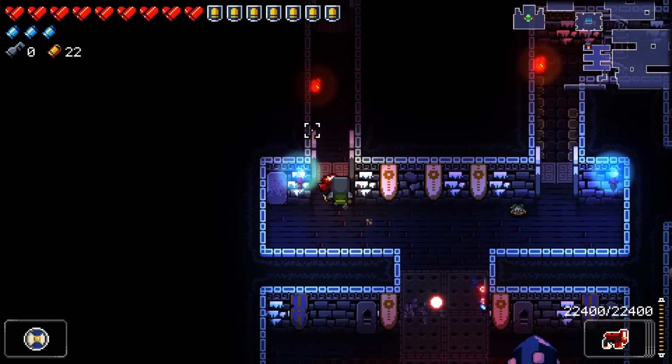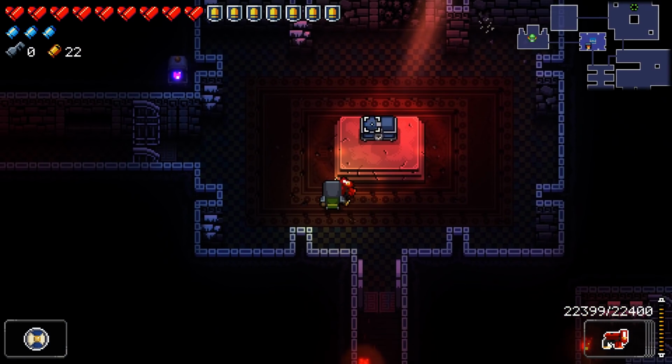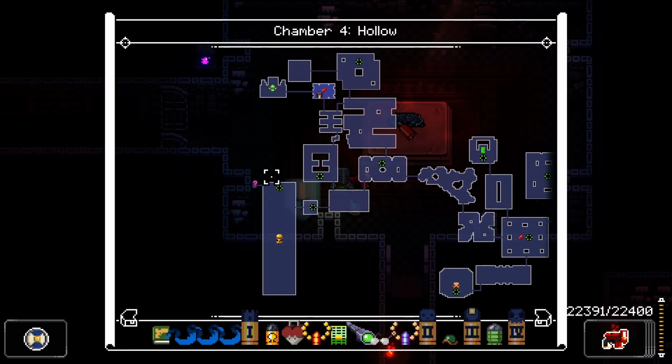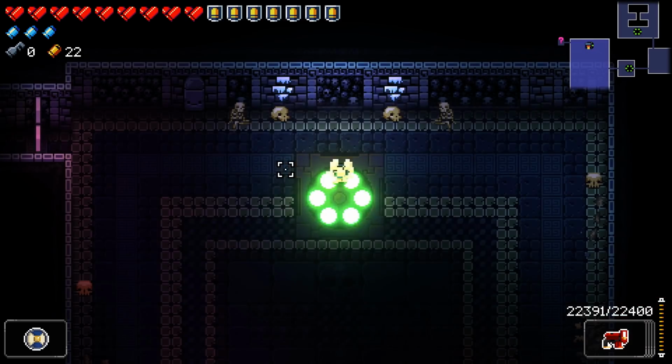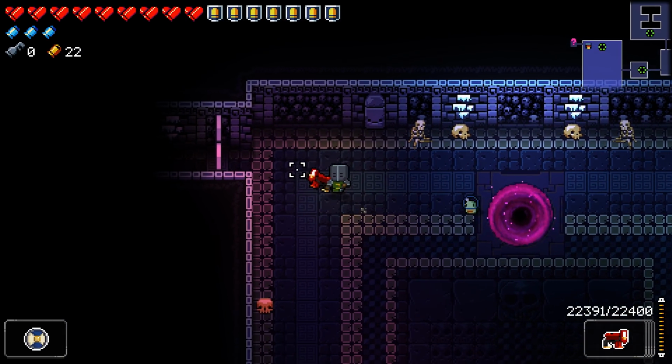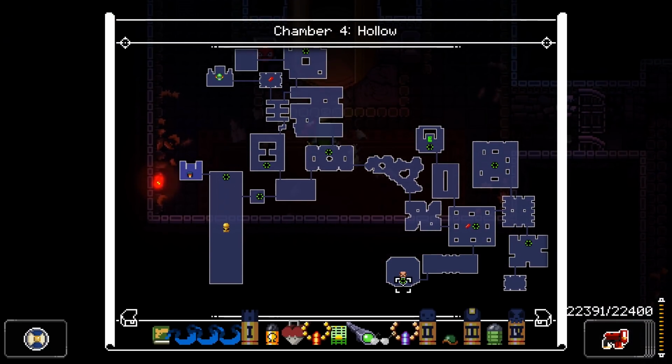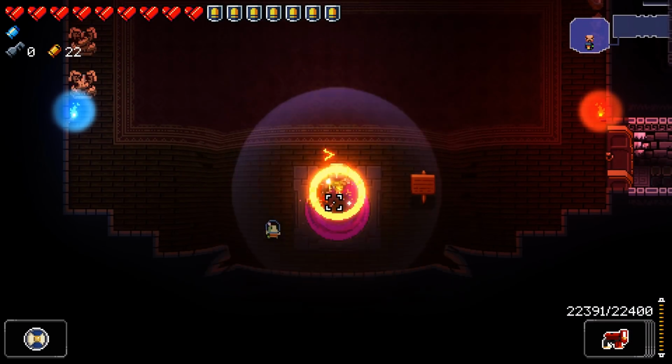Ammo synthesizer gives you a percentage back when you get a kill, but because I have 22,000 shots in this gun, because this is the only gun I can use for the run, I'm getting 1,000 ammo back whenever it activates, and I get the ammo recovery from